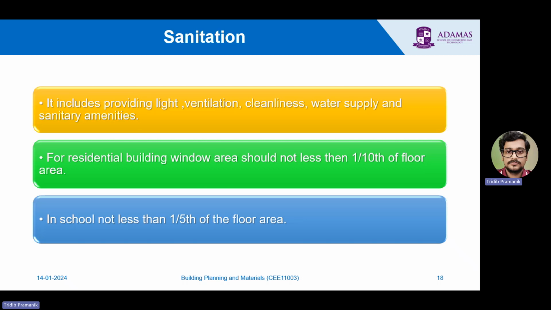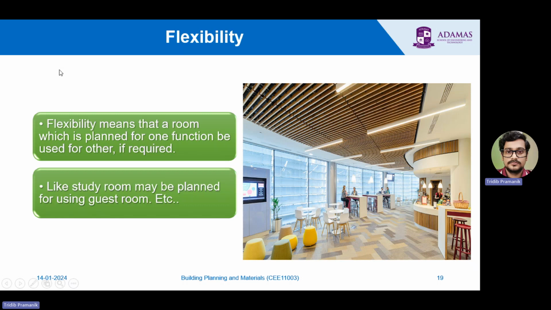In school areas, the ventilation, meaning the window area, should not be less than 1/5 of the floor area, because a large number of people will stay for a certain time inside those places, and they need good ventilation of air and good intensity of light in the room. Also, we have flexibility. Your plan should be done so that you can convert one place into another place if it is required, because at times you may require only a dining place, only a drawing space, or even